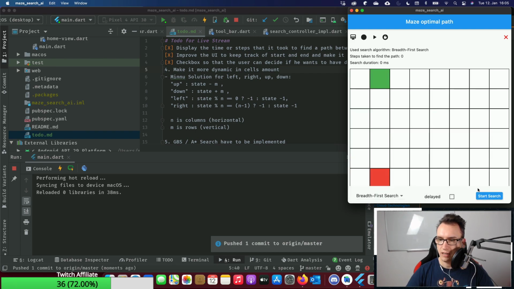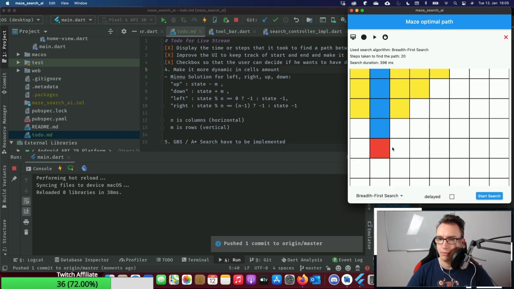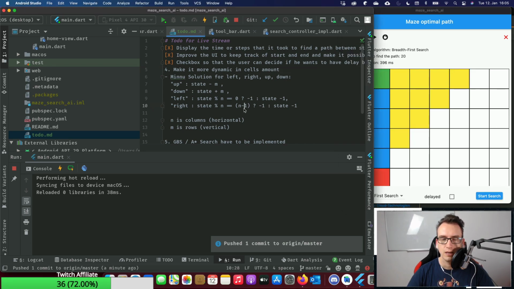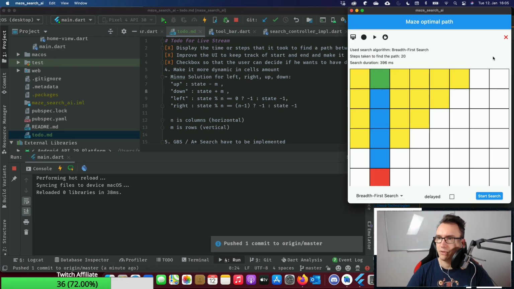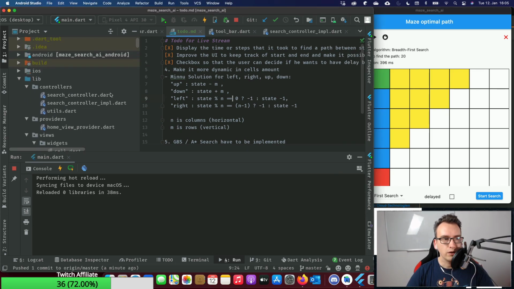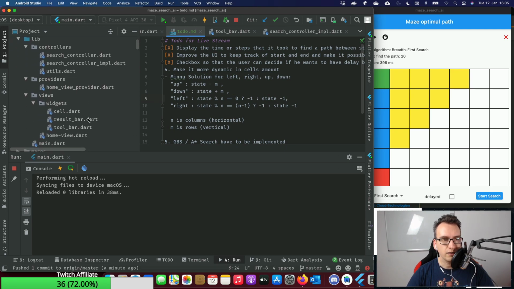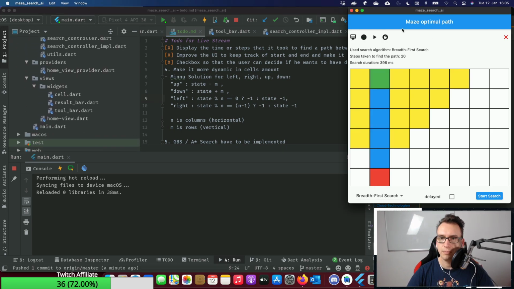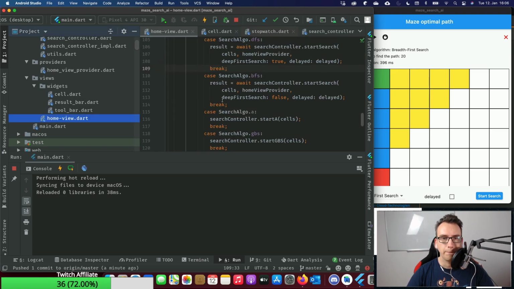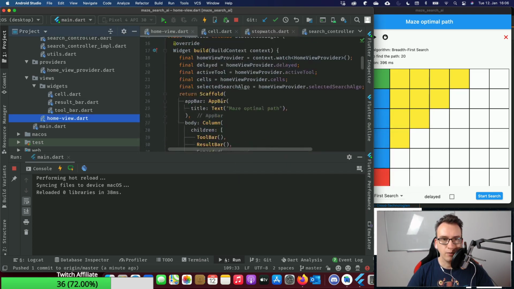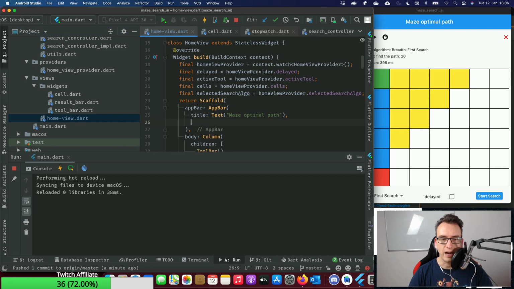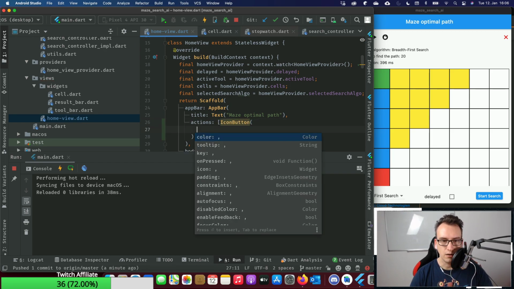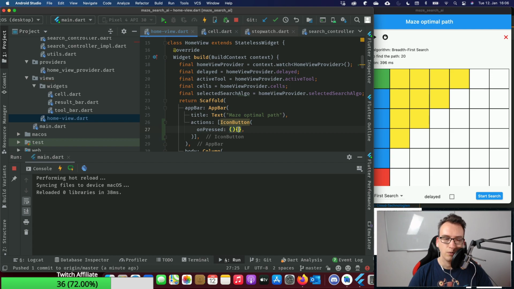And what we also need maybe in the future is some kind of help, right? What is yellow? What is blue? Maybe to explain what happens here. So in order to do that, what I will do is just adding that. Do we actually need a top bar here? Not sure with that, but what we can do in the meantime while we have it is inside of our app bar, we could create actions like an icon button. And this one could get the onPressed method, where we open up an alert dialog.